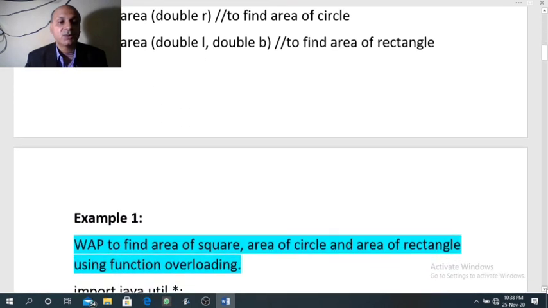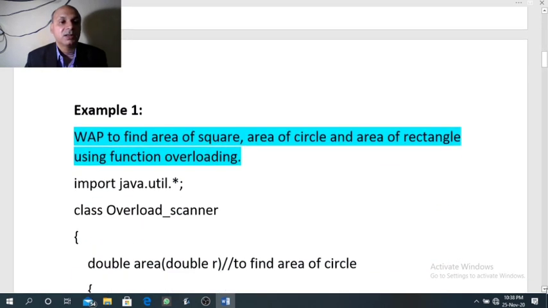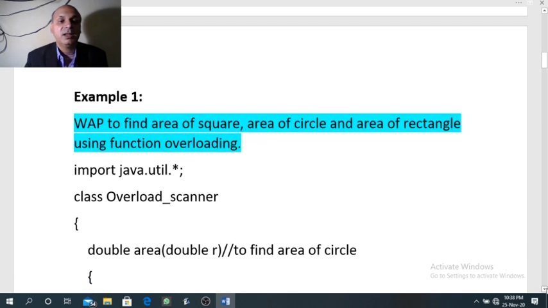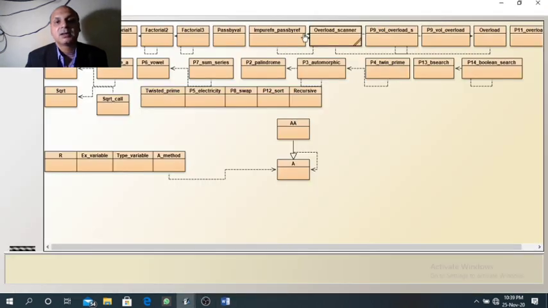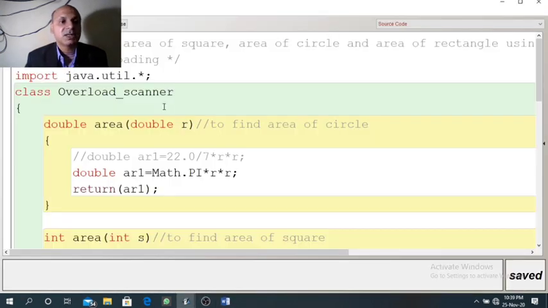Now we will see one program. Write a program to find area of square, area of circle and area of rectangle using function overloading. I have already designed the program. Question is same. Class name I have taken overload scanner since it is designed with scanner class.